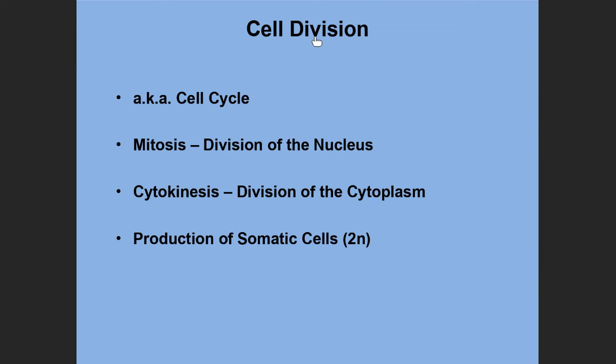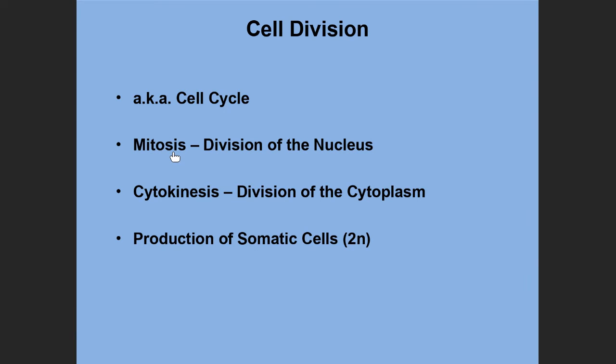Cell division is also known as the cell cycle, and I'll show you why in a second. So you're going to hear me say cell cycle, but they're one and the same, cell division and cell cycle. The purpose of the cell cycle has to do with the sequence of events that occur in a cycle. They can continue over and over again. This lab is new cell mitosis. Lab 8 next week will be new cell meiosis. Mitosis and meiosis have to do with different ways that the nucleus of the eukaryotic cell can divide